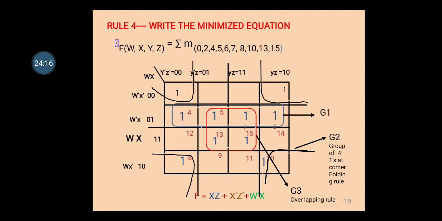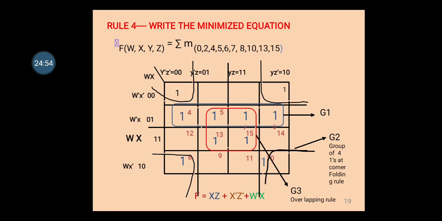Then one more group we will take, and that is group 3. Check group 3, it is a group of 4. It is present in 2 rows and 2 columns. So first we will go for the column. There are only 2 columns, so those columns only you are going to check. In those columns, y and z are 0, 1, and then 1, 1. First we will go for y. First y is 0 and then it has become 1. Not allowed, so we cannot write that. Now we will check for z. Z is 1 and then again it is 1. So it is the same. Therefore we are going to write z down there.